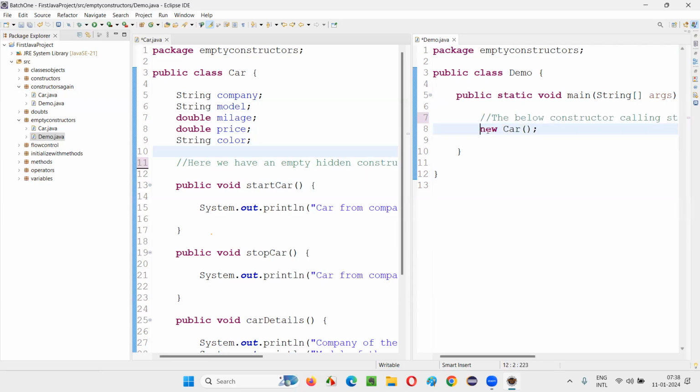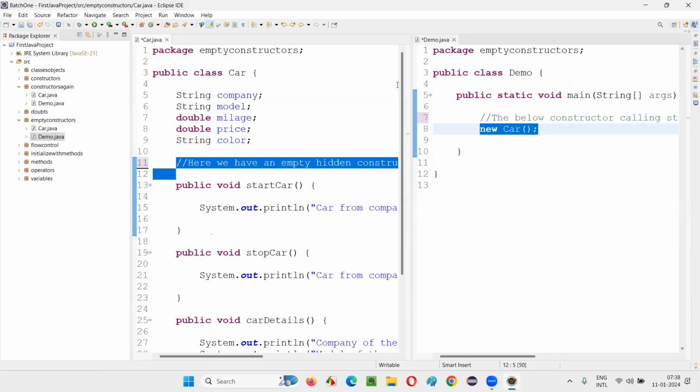Yes, yes. You see, whether you need a constructor or you don't need a constructor, we have to create objects or not. Tell me that answer, guys. Whether we need a constructor or not, we need to create objects. But the object creation statement by default will have the constructor calling statement, and if that statement is there, the constructor has to be there in the class.